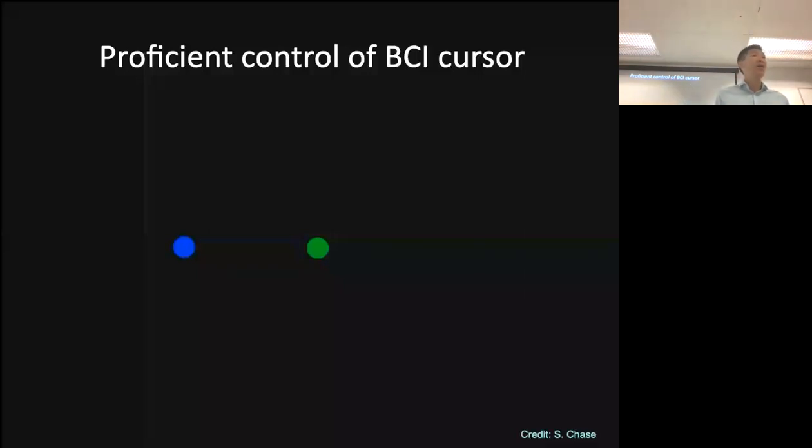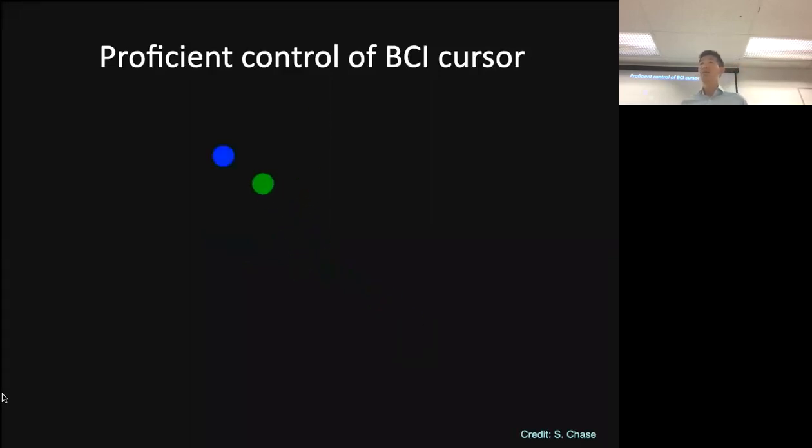Okay, so I'm going to show you a video of a monkey controlling a computer cursor using a BCI. And this is representative of the current state of the art, right? So this is with 20-ish neurons recorded from primary motor cortex. Okay, and the monkey is moving the screen cursor in the center to hit the blue targets presented on the screen. Okay, so you see that these movements are quite fast and quite accurate. Okay, so movements are typically around 1 second, and accuracy is typically about 100%.